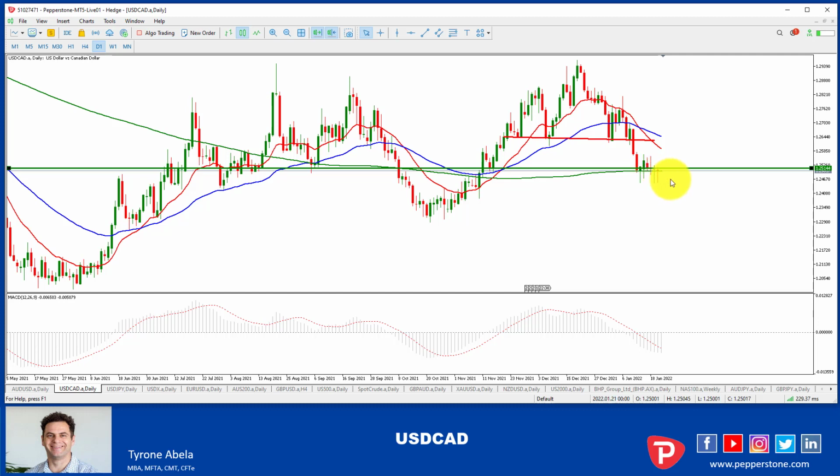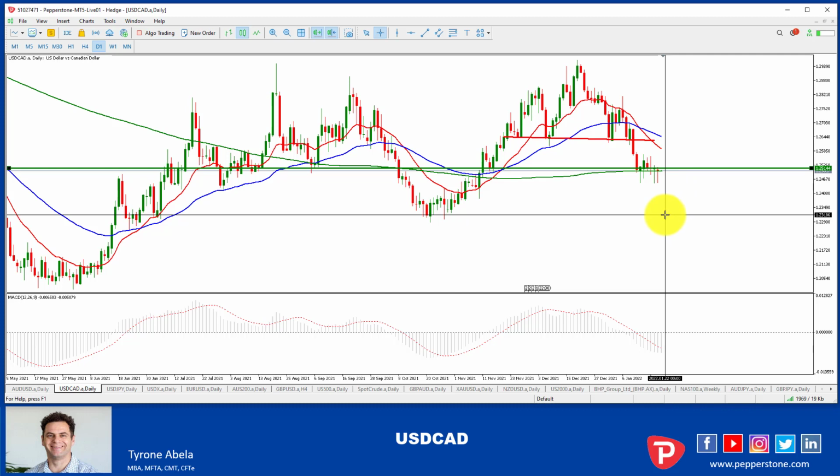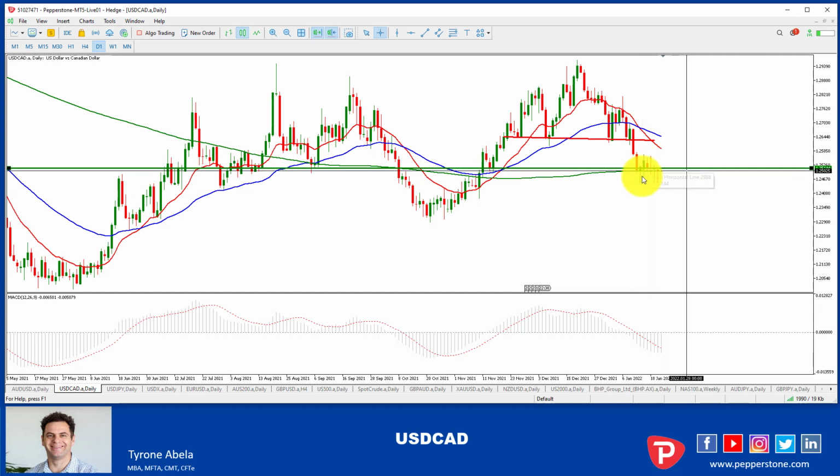A daily close for me would need to be below this level here. Okay, so we want to be seeing a daily close below the 124.40 area. If we get that, then we can start looking to the next support level, which is around that 123. So if we get a daily close below this level here, we can start aiming for the 123.20 area. But if we start to see any form of lightning bolt strong on the 1 hour or the 4 hour from this level